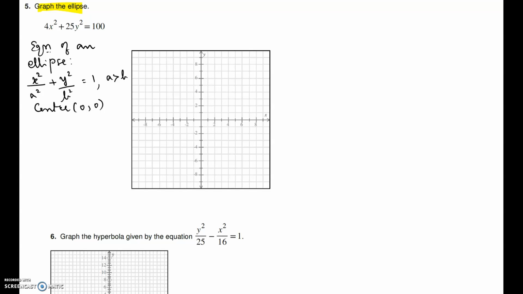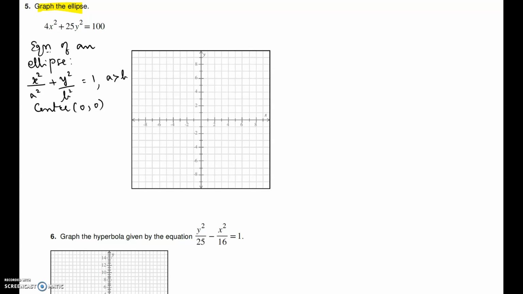We need to bring this equation into the standard form of the ellipse, x squared over a squared plus y squared over b squared equals 1, with a more than b, whose center is at the origin. If a squared is along x squared, then it will be elongated along the x-axis, which means the major axis is along the x-axis. If the value under y squared is more, then it will be elongated